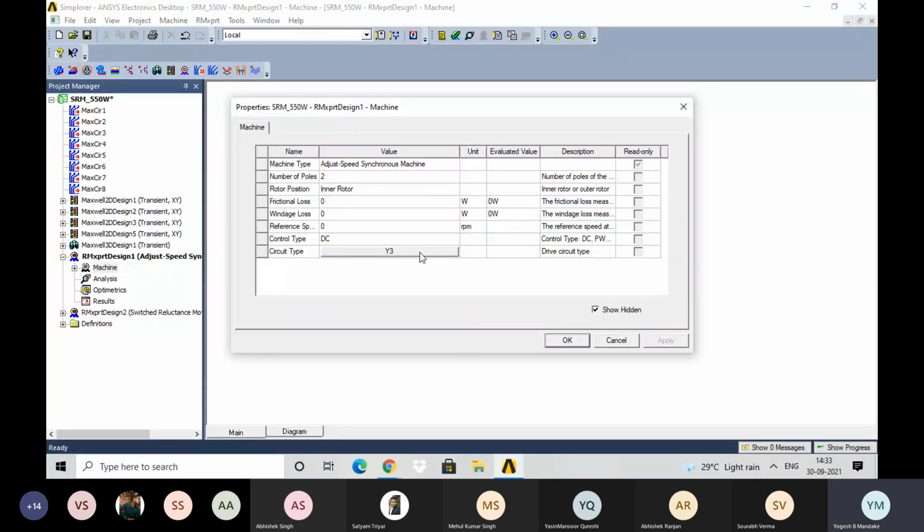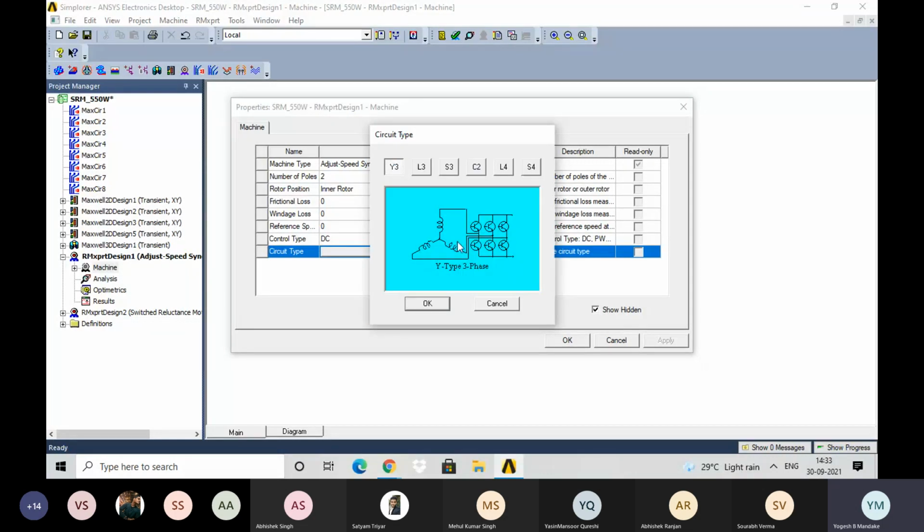Then circuit type. In case of the circuit type, there are different types of connections. So here you can select the required connection as per your point of view. It is not expected at this stage that you should have the idea about the connection details or which type should be selected for the particular application. But as a usage of the software, you should have the idea.